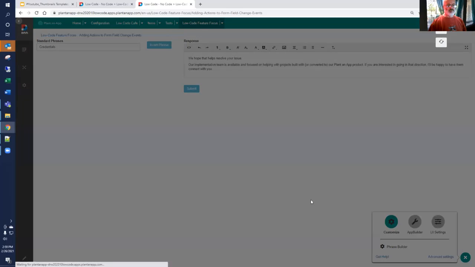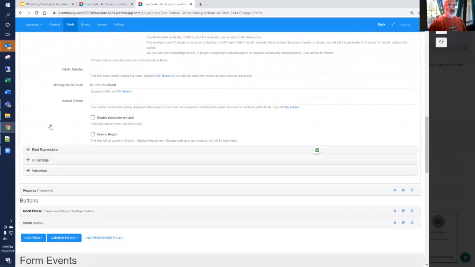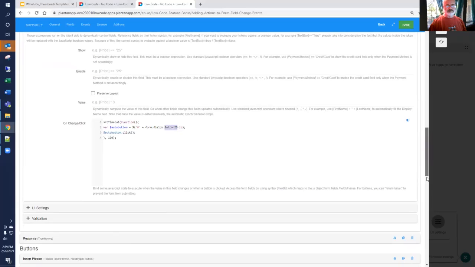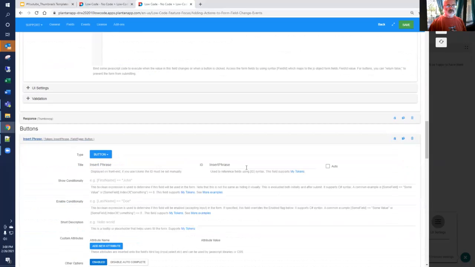So we go into the phrase builder and open up the standard phrases, scroll down to the bindings, bind expressions, and look for the onChange click. Now we're going to start with a standard script, and this standard script appears in the comments of this YouTube video. The only edit we'll need to make is to put the name of the button right there. Our button name is called insert phrase. We can see it in the ID here. So we'll copy it